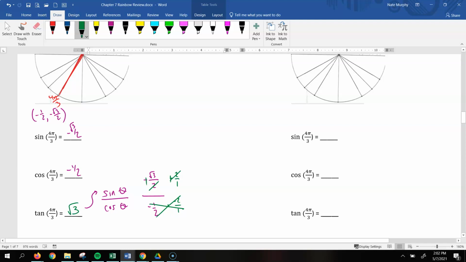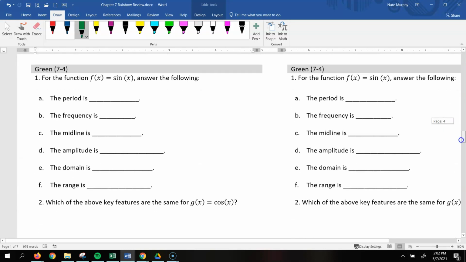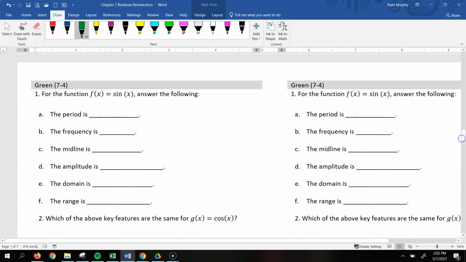Let's go ahead and do the green section as well in the same video. All right, so the sine function. So this one here is,